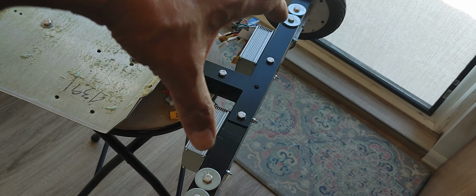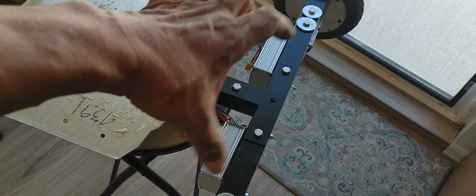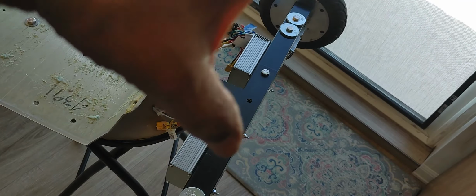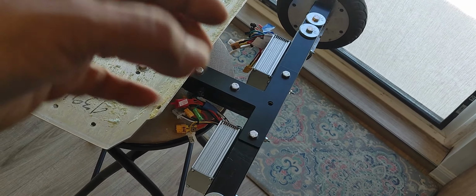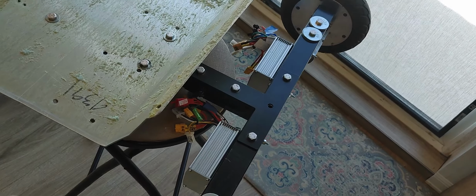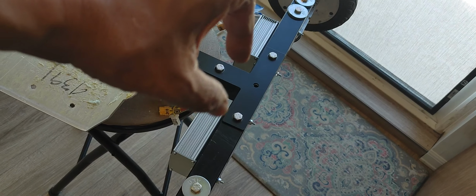And I'm also buying two of the same ones that I'm going to use at the front, the white ones. The same white ones are going to go in the back. And because I couldn't find red ones, I'm going to use those and modify them with my own circuit so that I can turn them into blinkers. So I can blink them. I don't need fancy blinking or modes, like some of these lights for bikes and electric scooters have. So I'm going to do my own circuit, just a blinking circuit that I can turn on,